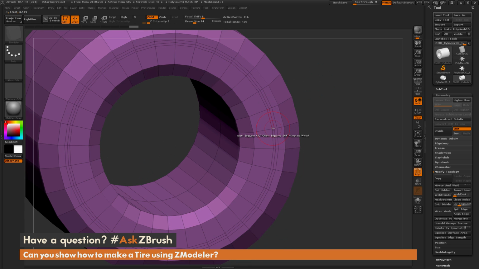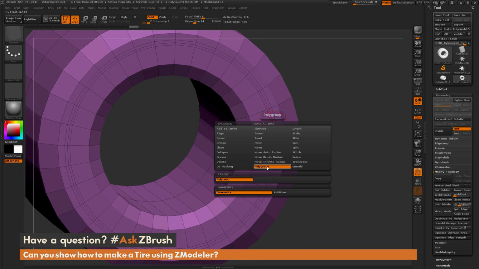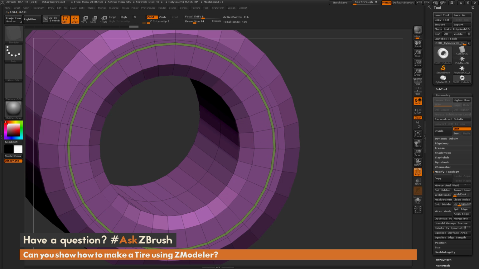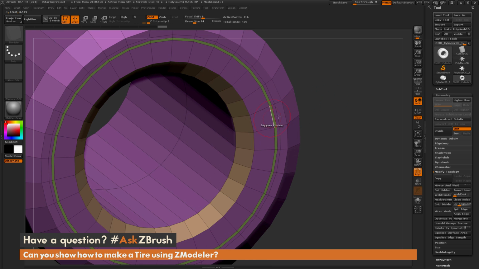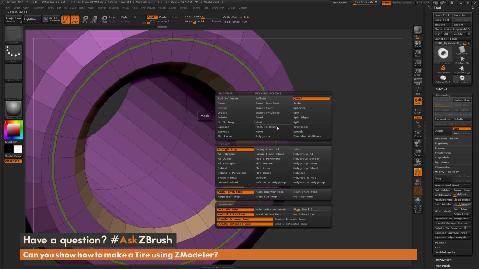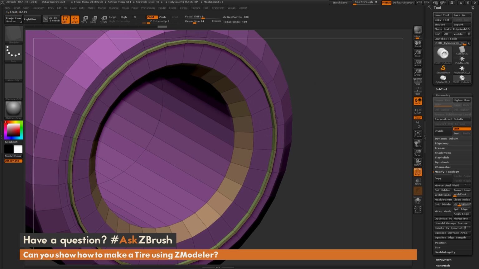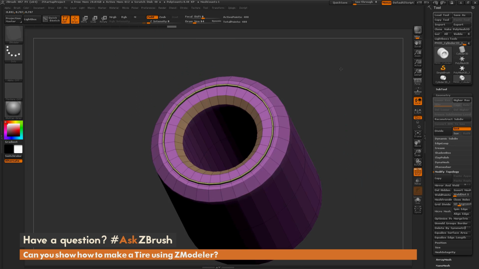So I'm going to hover over an edge here, press spacebar, change this to polygroup. And now I come through and give different polygroups to these different areas. And this is going to allow me to now come through with that Q mesh brush there and use options like polygroup all. And this is going to allow me to use that Q mesh area there and just affect